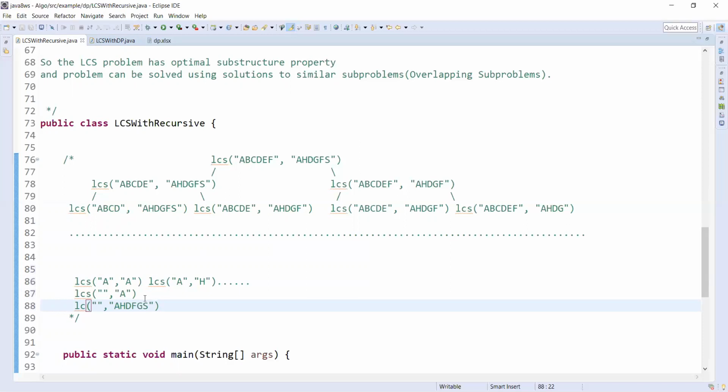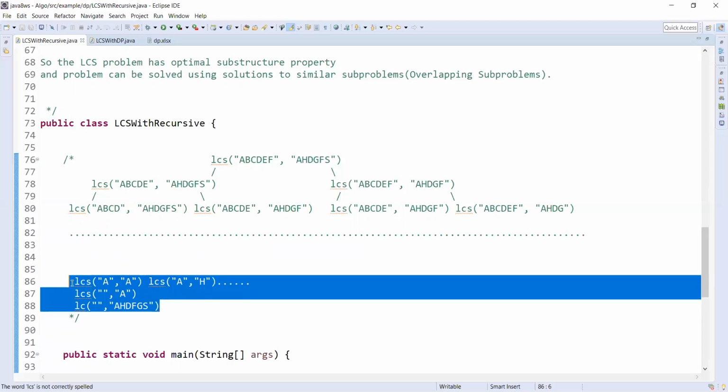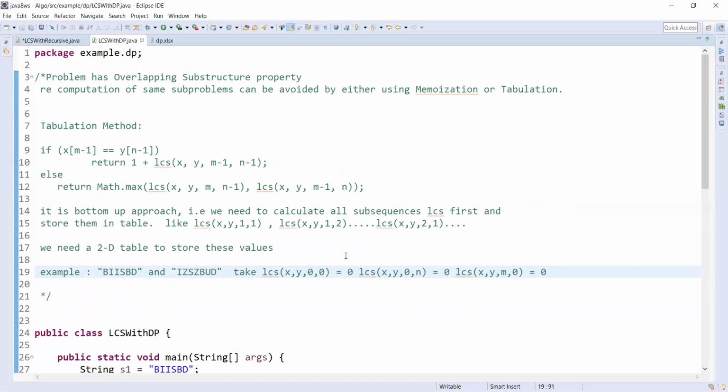If you draw the whole recursive tree, you may see all these subproblems in it. This is again a base condition. So we need something to start from to populate the table. That is the base condition, the starting point of the table: with either m or n equal to 0, the value is 0.